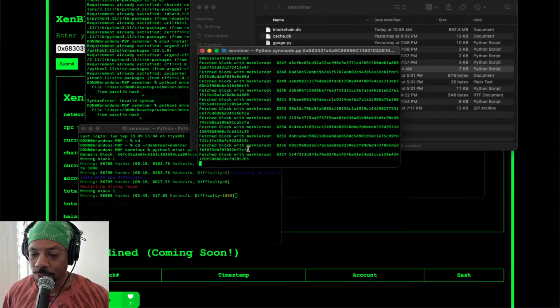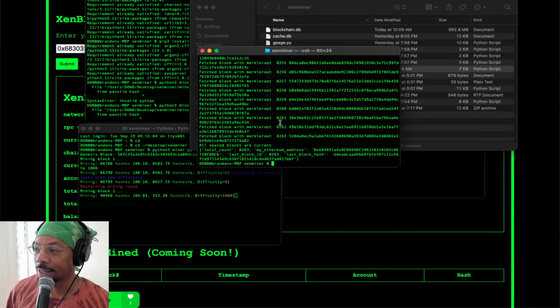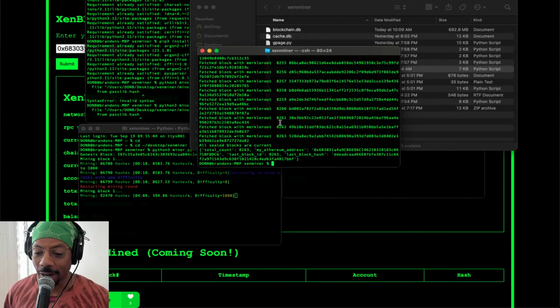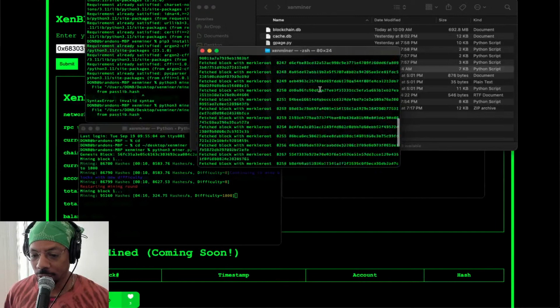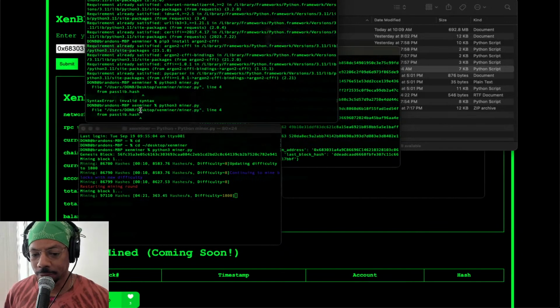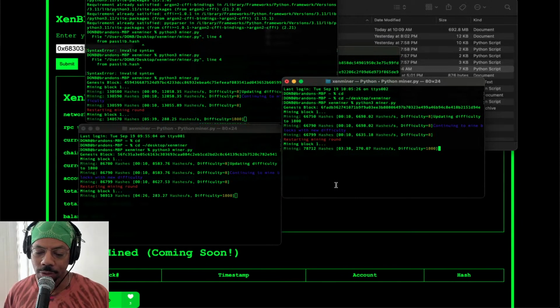And right now my sync node isn't a loop, isn't a reoccurring loop. So I have to type in mine every few minutes and resync. But there are people, and maybe today while I'm on, I gotta take a flight right now, so actually I gotta wrap this up. But maybe later on today I'll figure it out and I'll create a loop so I can just leave my computer on. It can keep syncing the chain, all the blocks, all of the ledger. It can keep minting, and hopefully all the XENMINER stuff,